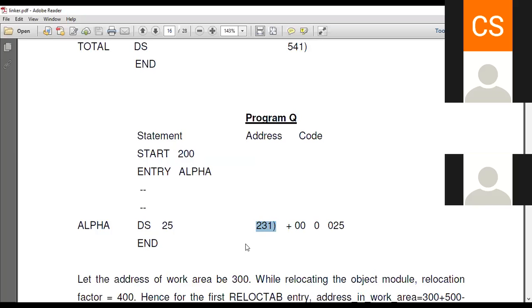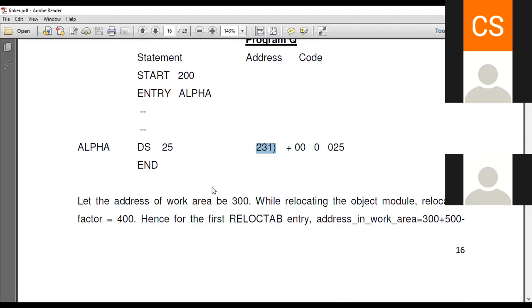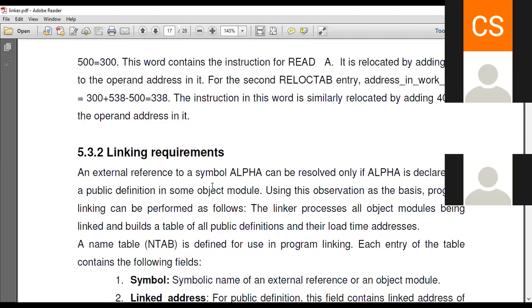So like that, here we are considering two object modules, so we are calculating for these two programs only. If there are more object modules, according to that the address calculation will be performed. Okay, so like that the relocation will be performed. So program मध्ये तुमचे 2-3 जरी program असतील, तर after the end of second program your third program will start. After the end of third program your fourth program will start if it is required.